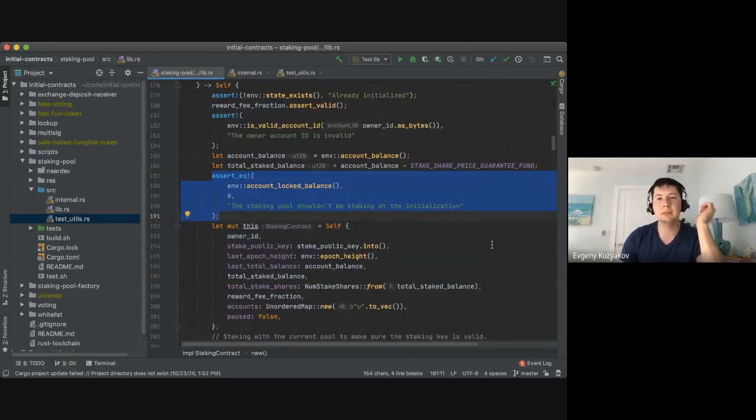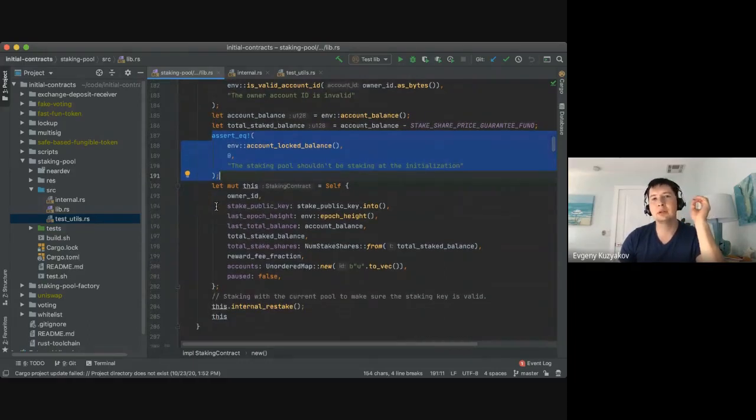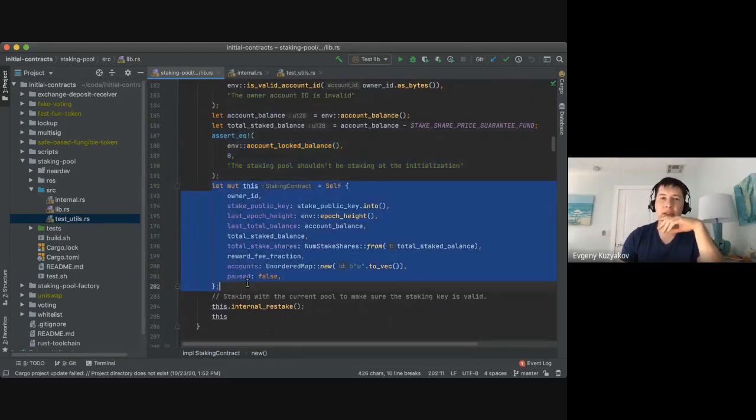So this might break some logic, and we don't want this to happen. So we want to initialize the contract before it stakes anything. Finally, we initialize the structure, but we don't return it immediately. We just created the structure here,